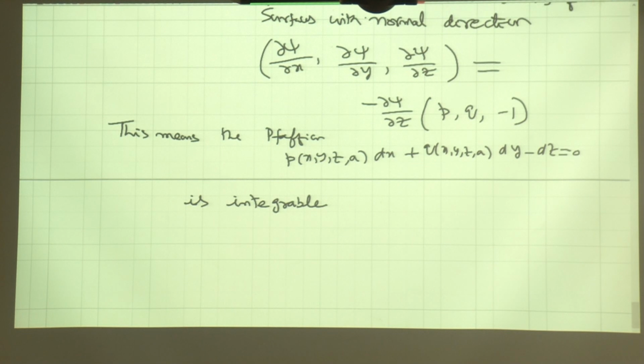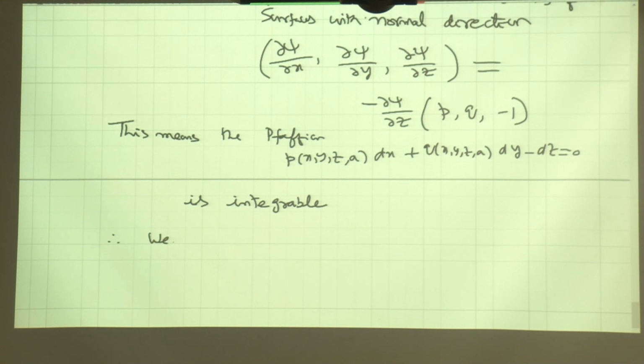I want to find a phi which looks like psi minus some constant, and I have some normal, I have pq minus 1. Okay, that means something is integrable. So pq minus 1 is the normal direction, because dx dy dz is the tangential direction. Okay, is integrable. Therefore,